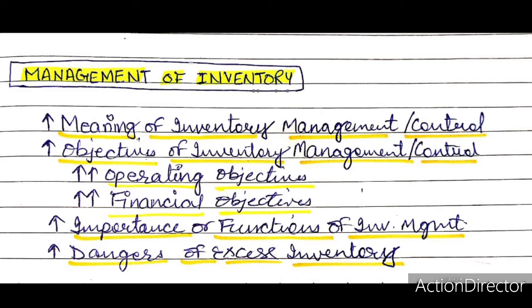Second, economy in purchasing. A proper inventory control brings certain economies in purchasing by taking quantity discount in bulk purchases or taking advantages of favorable market conditions. But while purchasing materials, it should be noted that quality is not to be sacrificed at the cost of lower